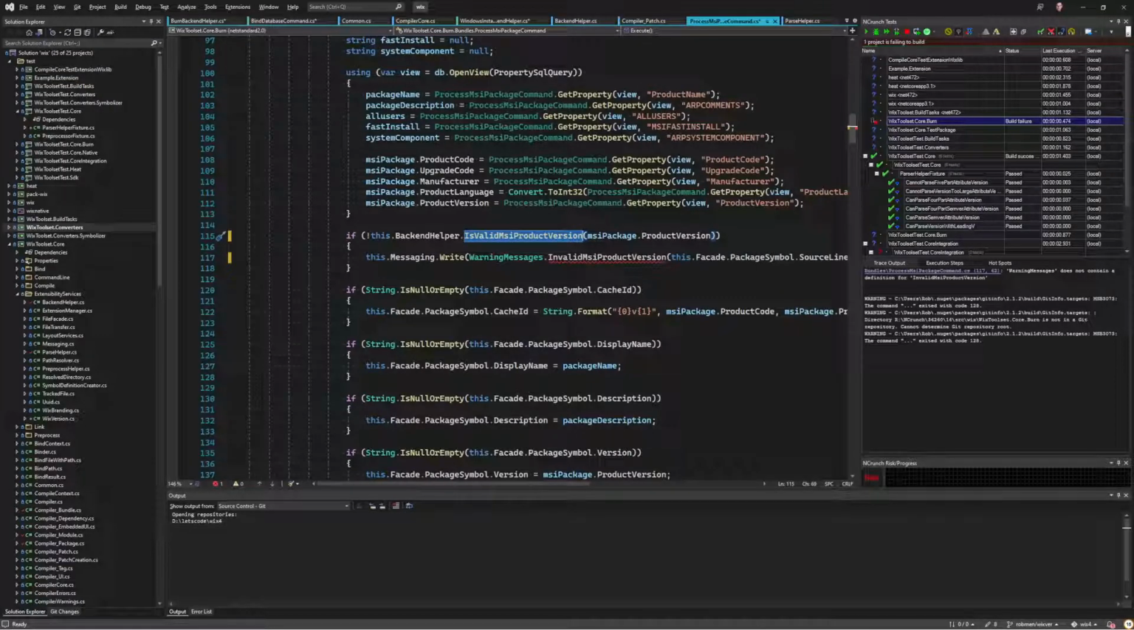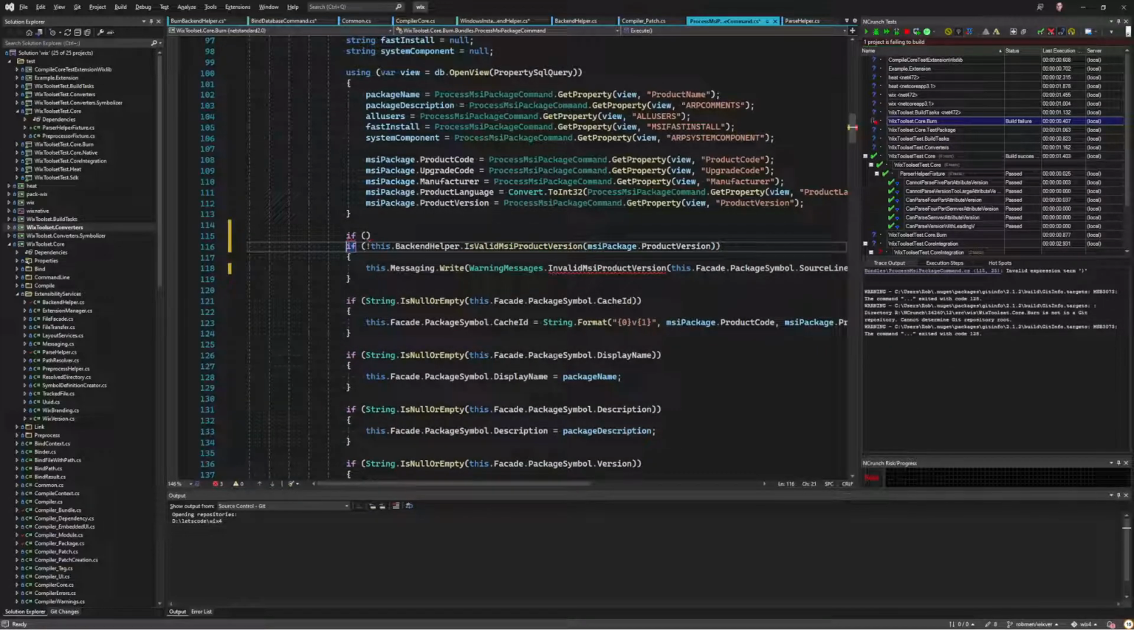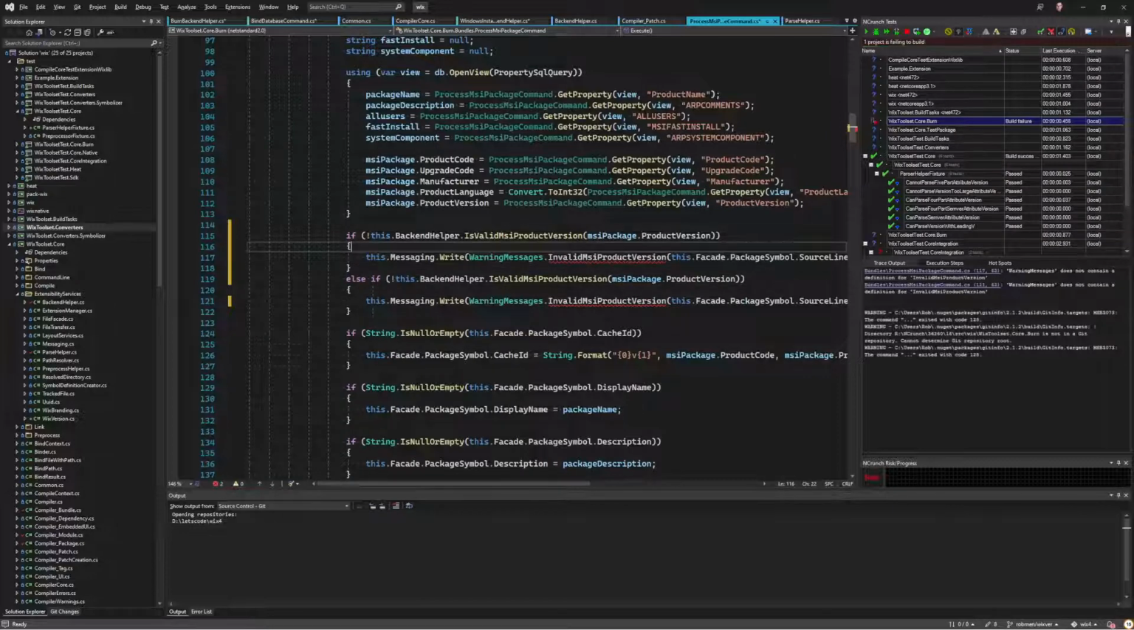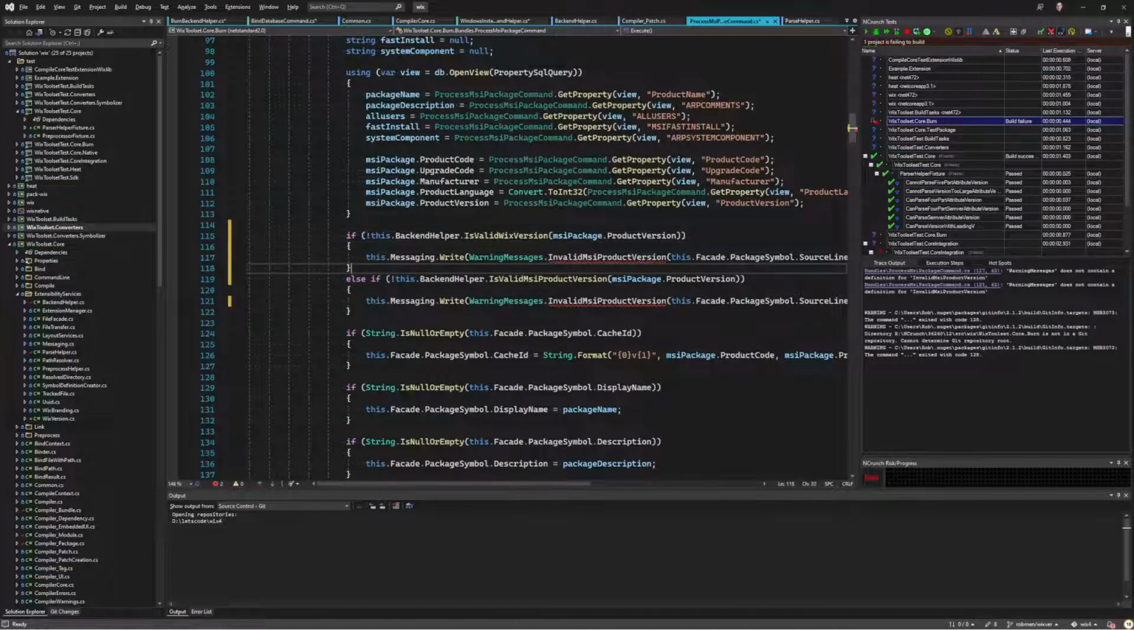All right, so there's that. Now I think I also want to check this. If not is valid Wix version, then we have an invalid version. And this is an error message, because Burn is going to choke on this. If somehow we get something that we can't even get in, then we're not even going to, well,